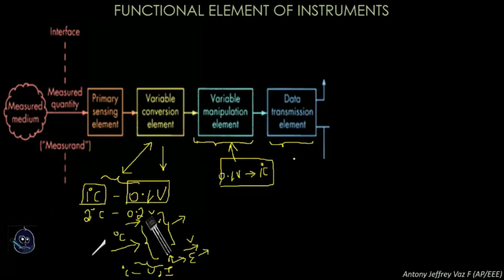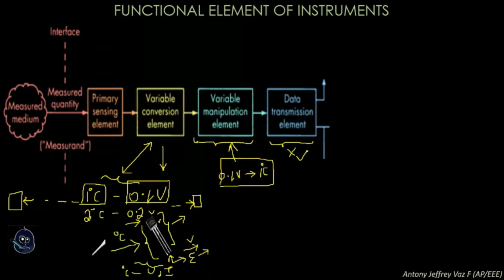In case of a thermometer, you will be seeing the output of the temperature in the thermometer itself. So there will be no data transmission element in a thermometer. In case of a huge factory, you can see the measured temperature is present in one room, whereas you are going to read or see the value in another room. In this case, the data need to be transmitted, and this is done by the data transmission element which is